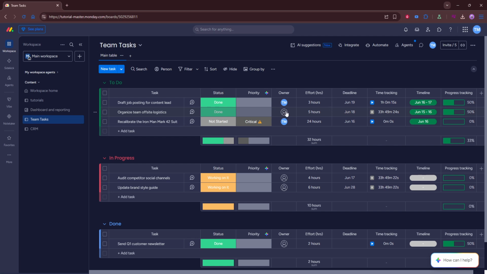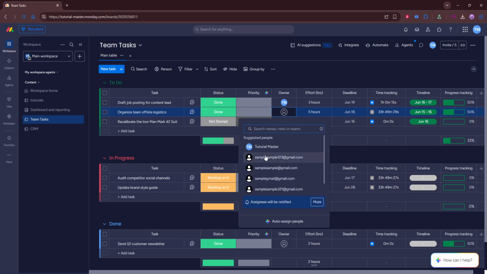After you've found the task, check whether your board already has a people column. This is the column used to assign ownership to a team member. If you don't see one, go ahead and add a people column to the board. This is an important step because without it, you won't have a place to assign the task directly. Make sure the column is added in a position that makes sense for your workflow so it's easy to see